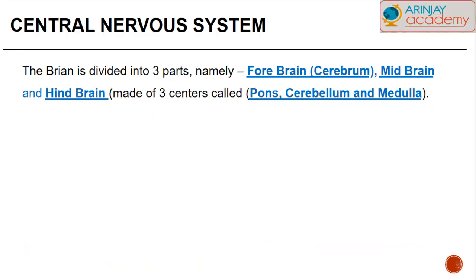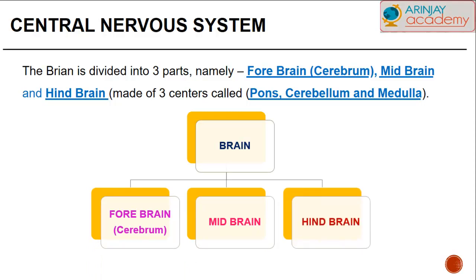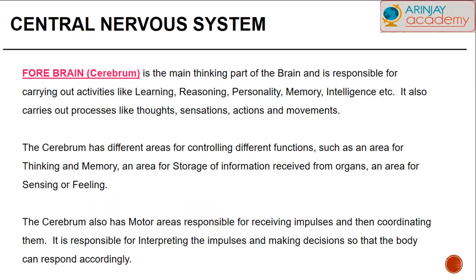The brain is divided into three parts. First, we have the forebrain, also termed the cerebrum. We have the midbrain, and we have the hindbrain. The hindbrain is made up of three different centers called the pons, the cerebellum, and the medulla. Have a look at the diagram that shows you how this brain is basically divided: the forebrain, the midbrain, and of course the hindbrain. Let's have a look at these three different parts and how they function and why they are important for our